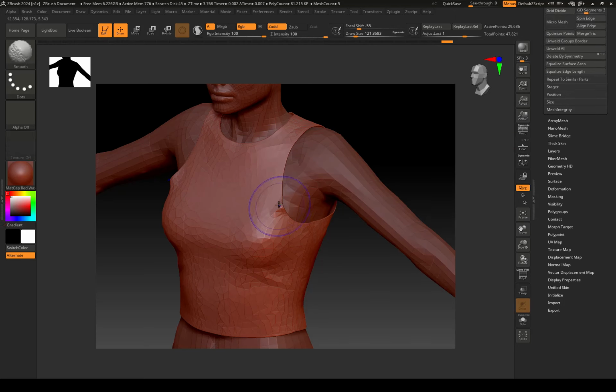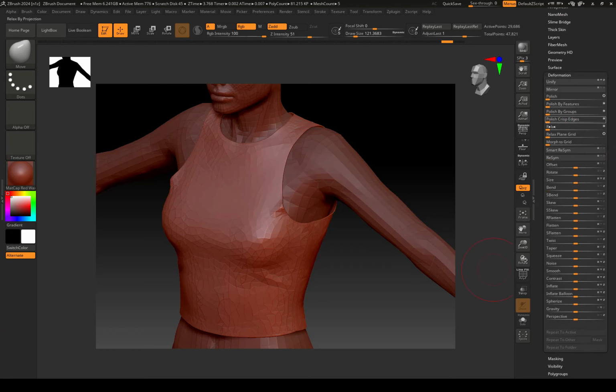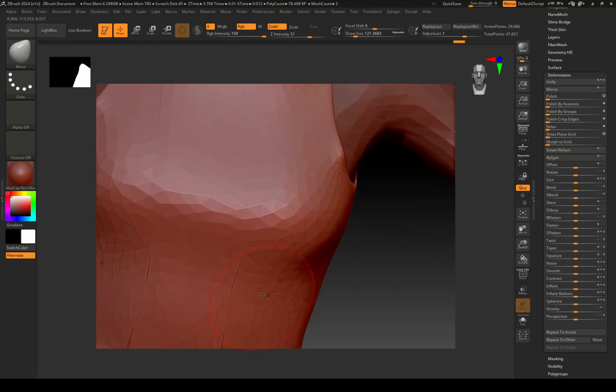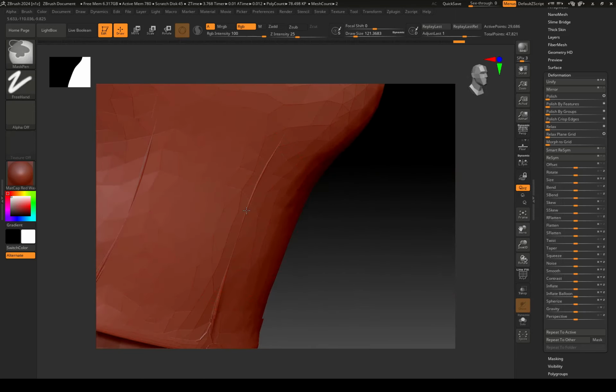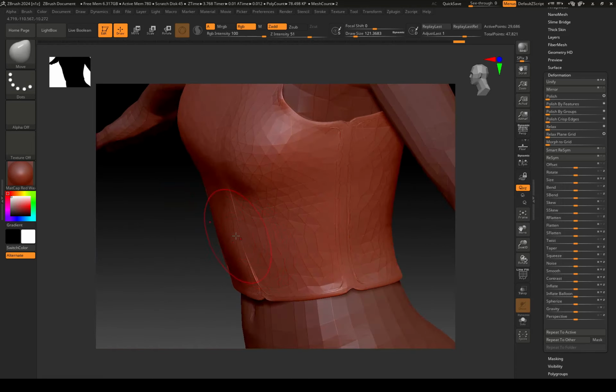And if we smooth our mesh, you see our mesh is not splitting. If I go to the deformation section and relax all, here you can see our top tank is relaxed, but we have an issue that the back side of the fabric is also penetrating to the front,